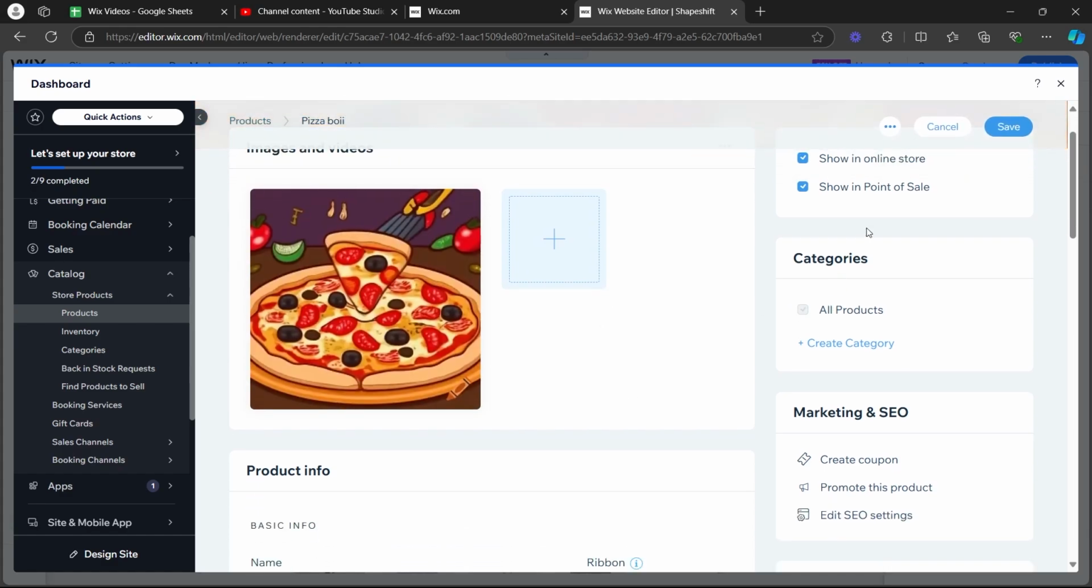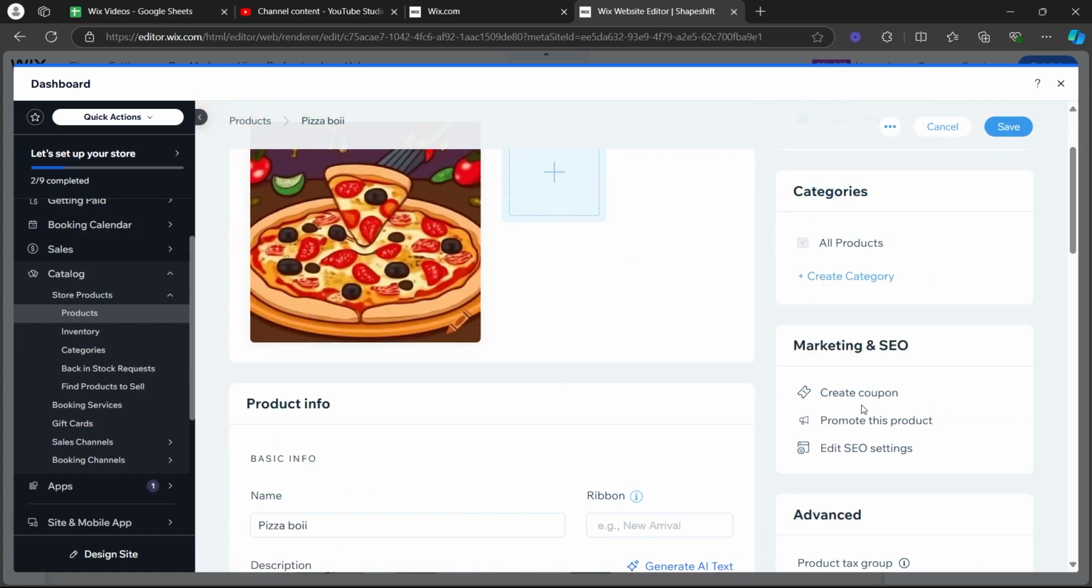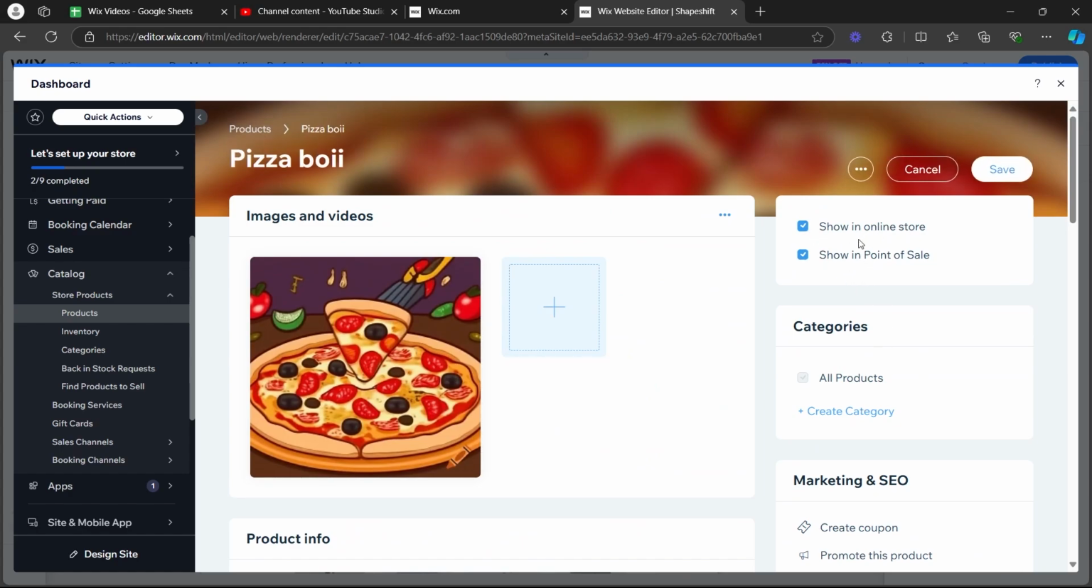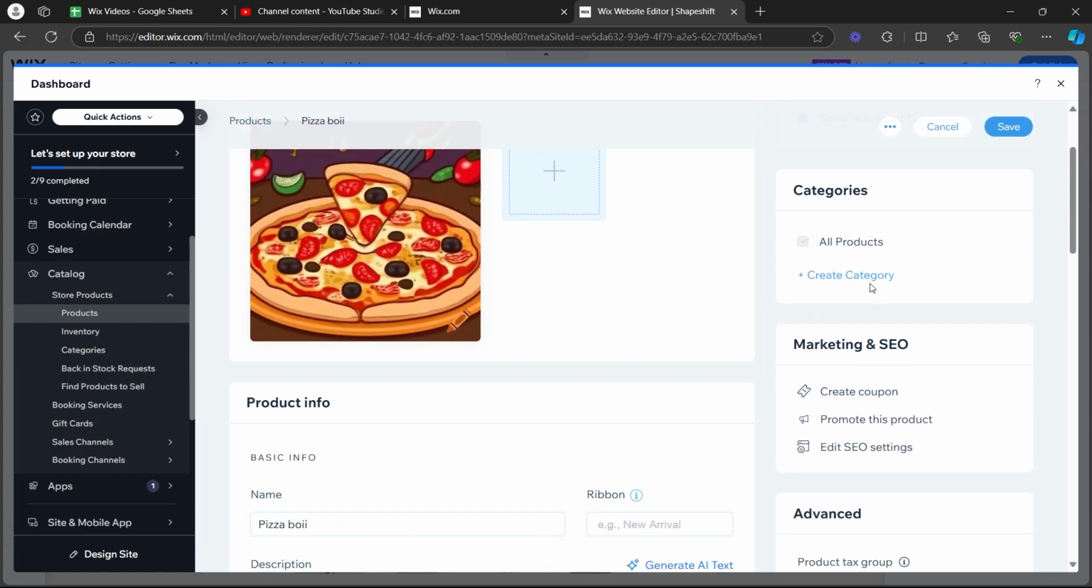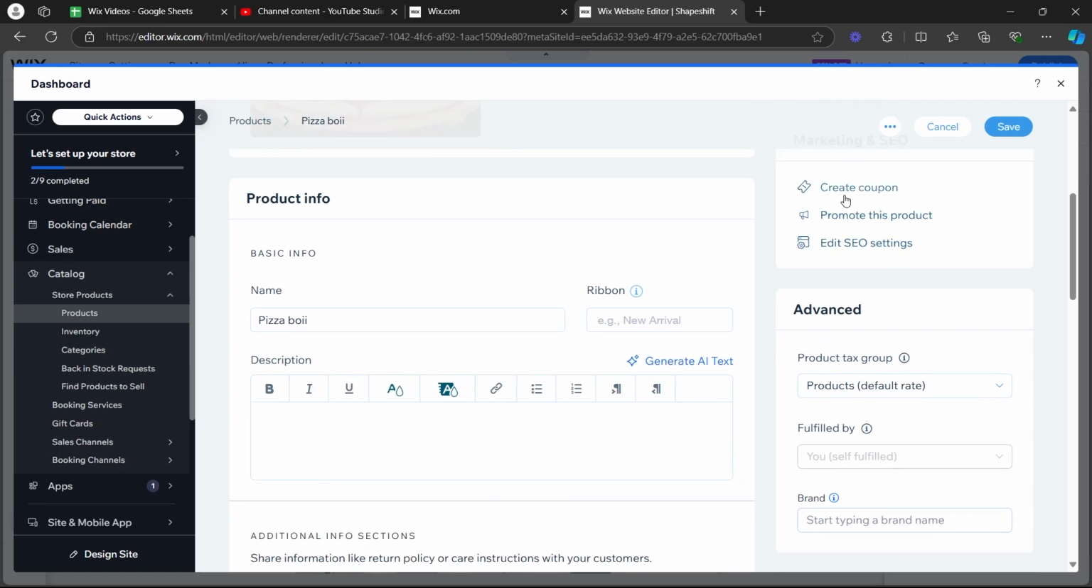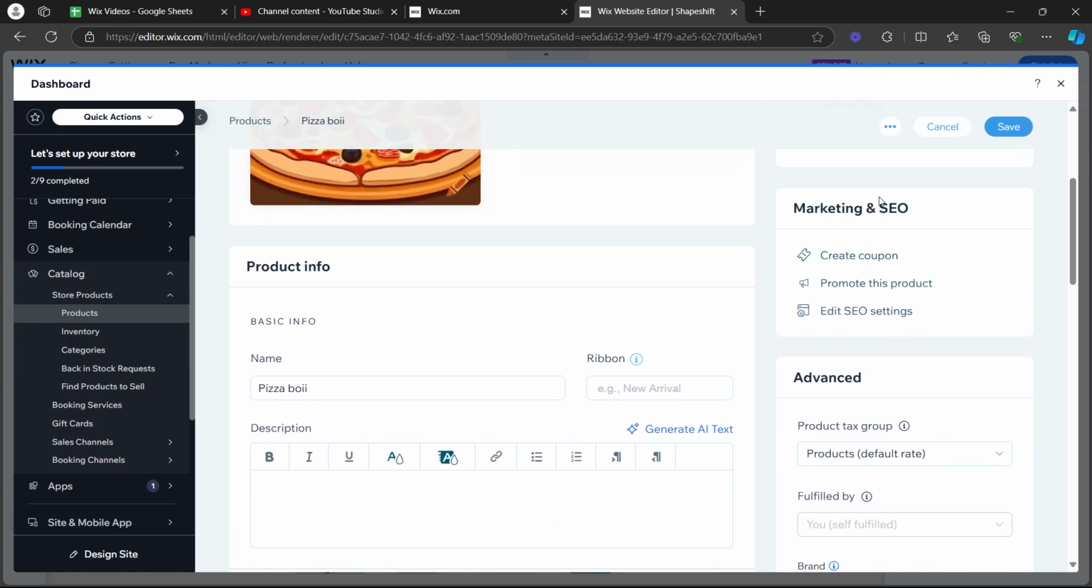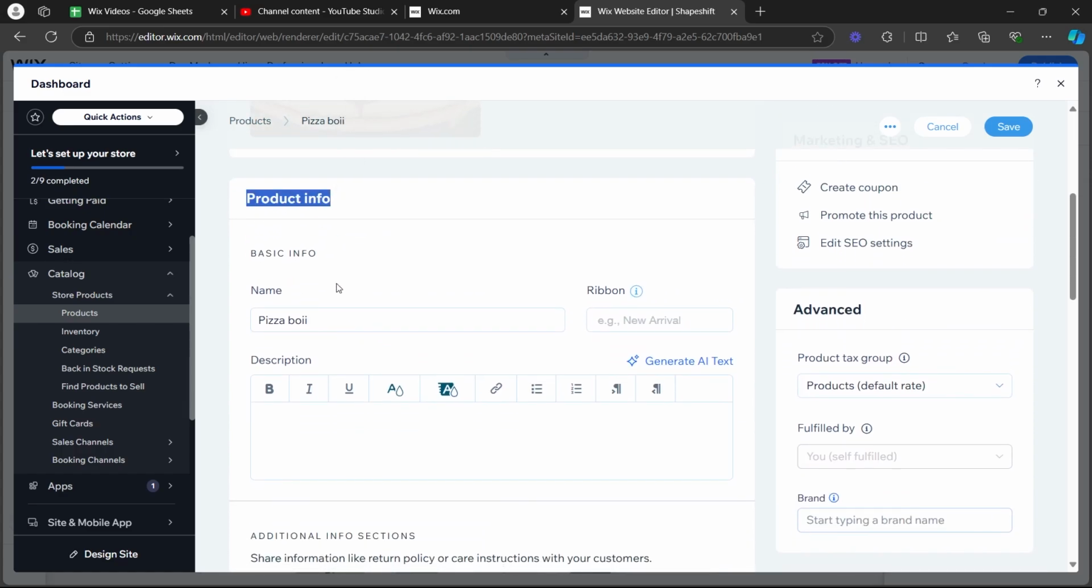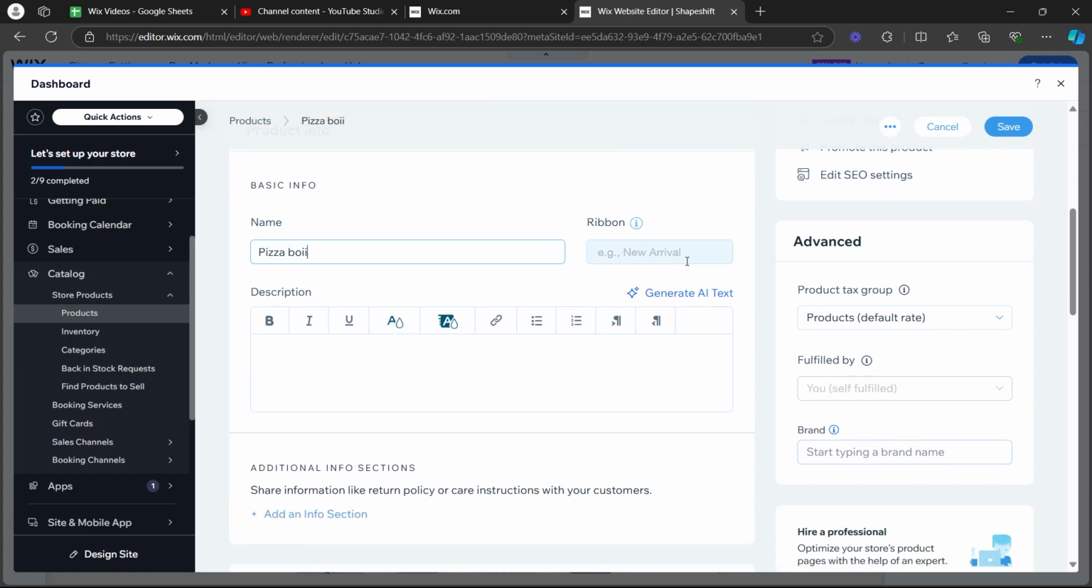Now you can choose all these settings at the right side of the screen. That is show in online store, show in point of sale. You can add categories, create categories. You can choose the marketing and SEO by creating coupon, promoting this product, or editing the SEO setting of this product. Now you can navigate to the product info page and enter a new name for your product, enter a